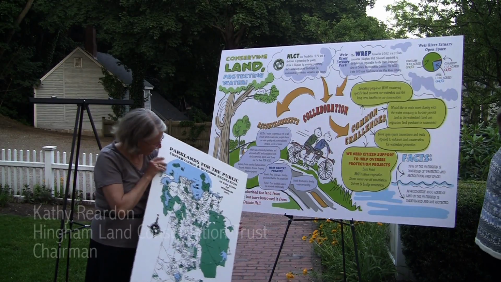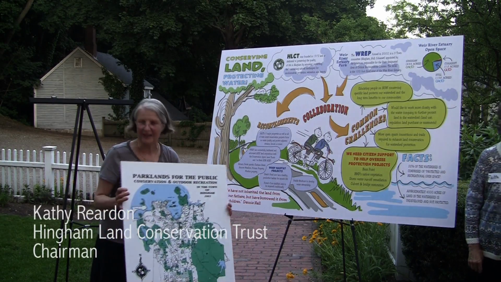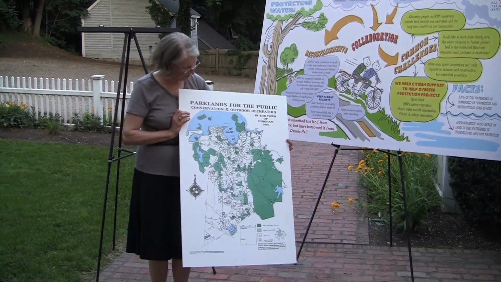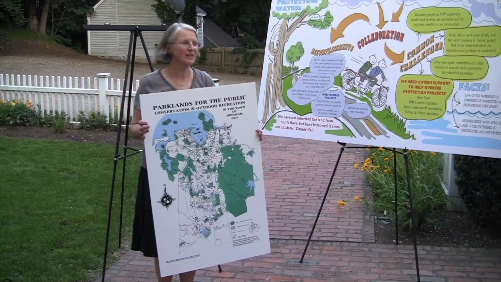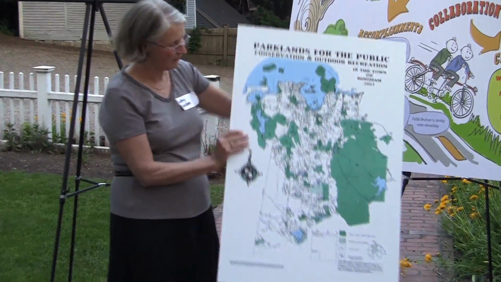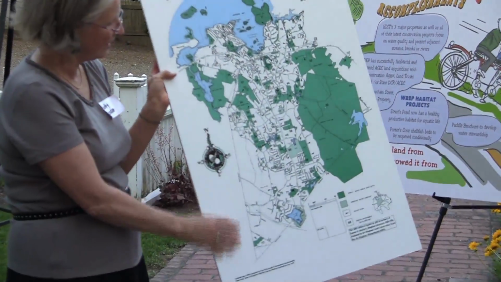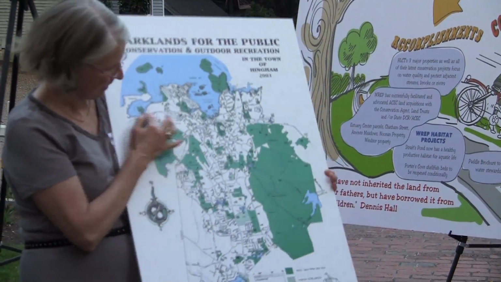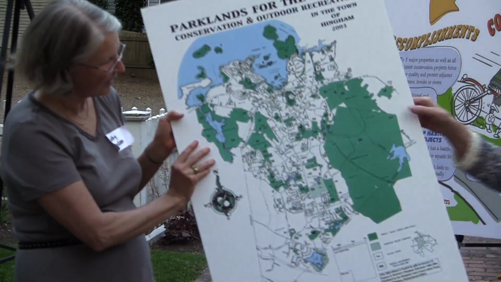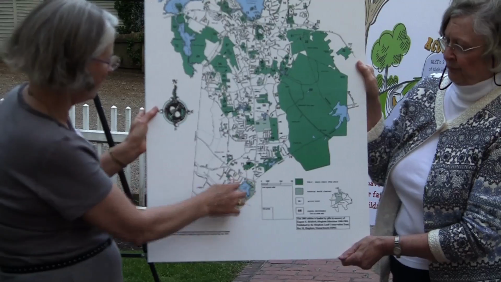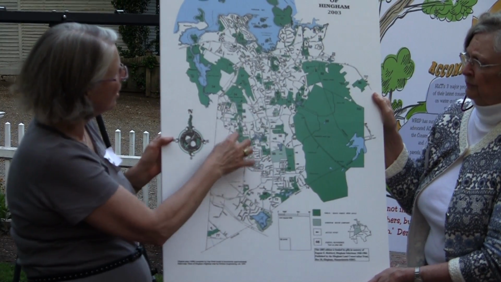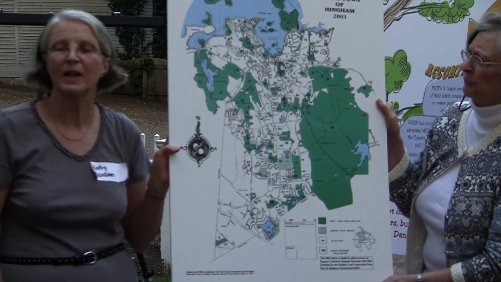So this, by the way, is a map that the Hingham Land Conservation Trust has put out for many years. And what it shows you in graphic form is how much land in one way or another is protected in Hingham. And much of it is land that, as you can see, protects water areas, whether it's around the back river or there's some around Accord Pond, a lot of this area and all along the rivers that go through. So, anyways,